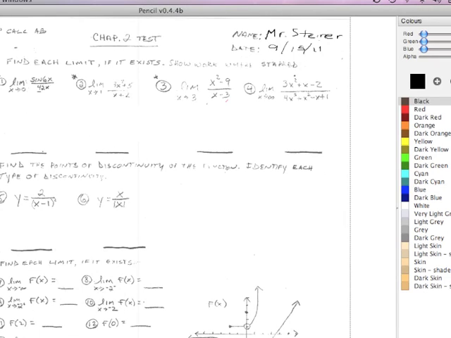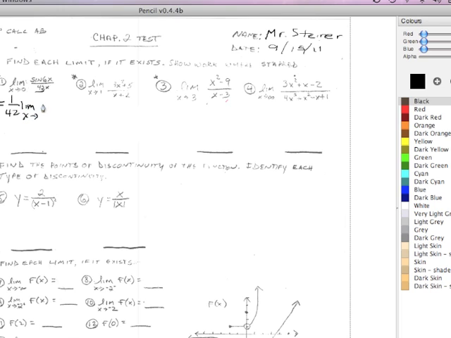Find each limit. If it exists, show the work where starred. So we have the limit as x goes to 0 of sine of 6x over 42x. The first thing your eye should be attracted to is this 42 in the denominator. We can factor that out, and we are left with 1 over 42 times